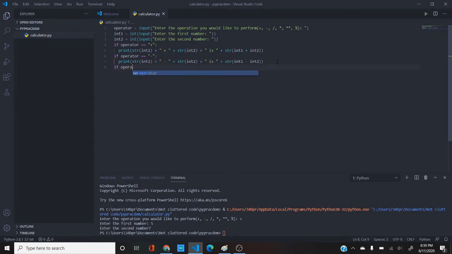So now I'm going to do division. If operator equals this slash, then print int1. I'm going to get rid of the spaces here just because it'll look better. There, that should be good. If operator equals the asterisk, this is for times. I'm just going to change this to asterisk, and then this again to if operator equals